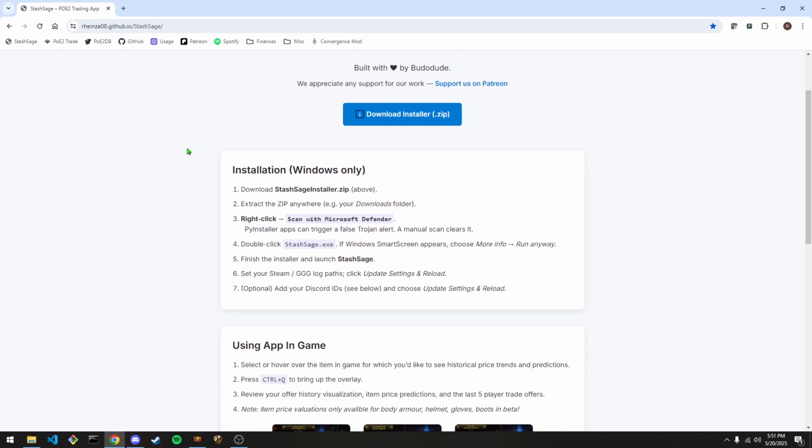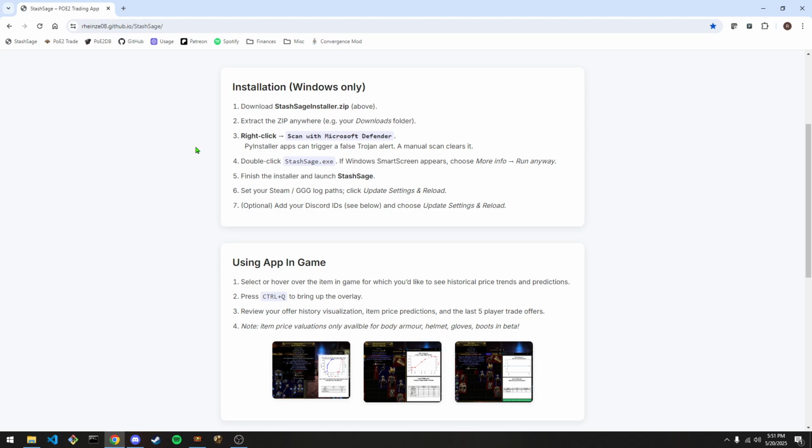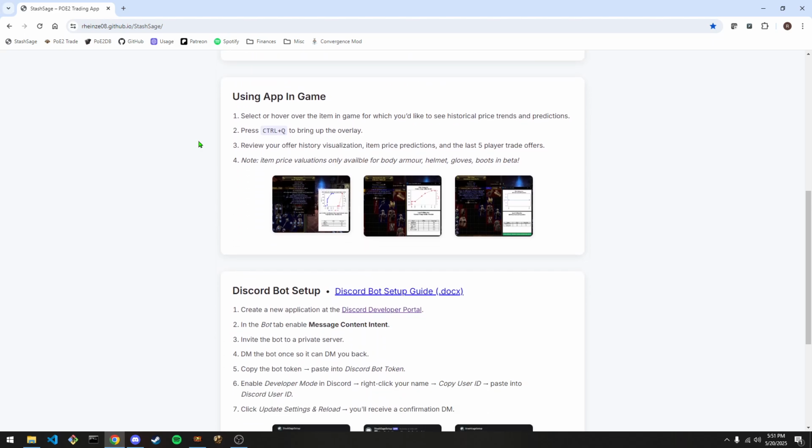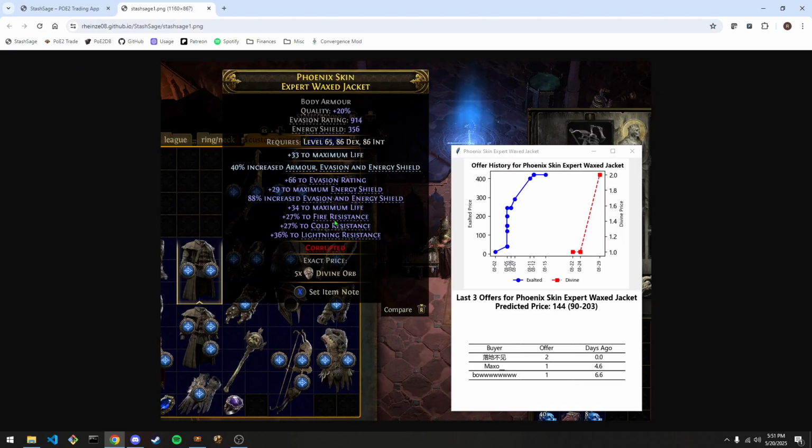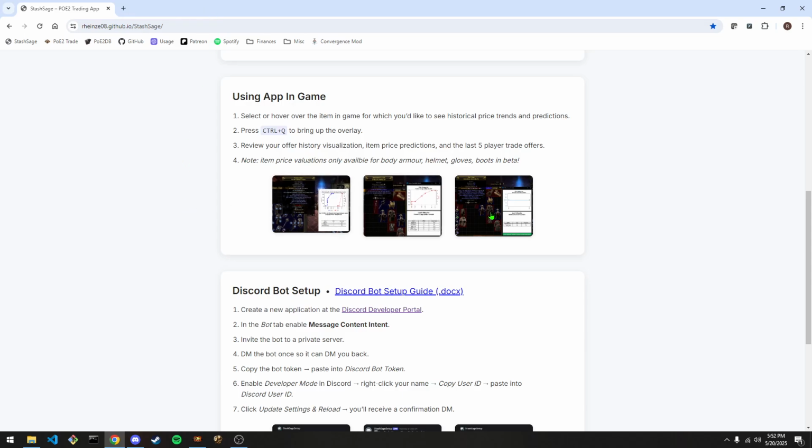And on this website, I'll provide a separate video that actually goes through the installation, just to make it very clear. But there's some simple instructions as to how to install it on Windows. I give you some very high-level feedback on how you can use it in the game. Again, it's just an overlay. It doesn't actually interact with the game at all. And some of the visualizations that you can see, some of the screenshots of the app in action, some of the benefits you can expect to